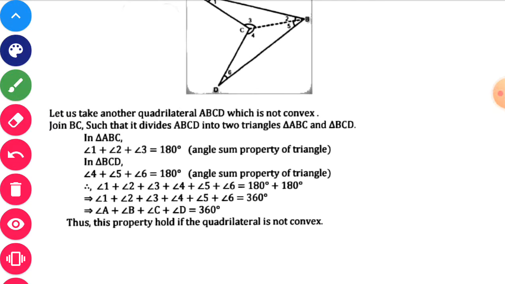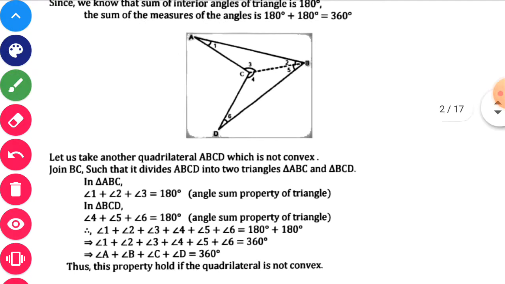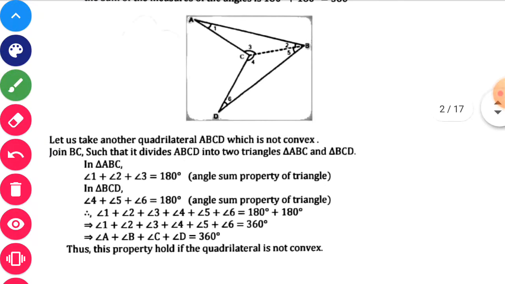Then let us take another quadrilateral which is not convex. So you can see figure here, this is the quadrilateral. You will see this looks like a triangle, but it is not triangle. In triangle 3 only line segments should be there, but here 4 it is there. 1, 2, 3 and 4. Okay, so it is a quadrilateral. And this is not the convex because this angle is more than 180 degree. Sorry, this is the concave quadrilateral, not convex. We have seen the convex quadrilateral here in the previous figure.